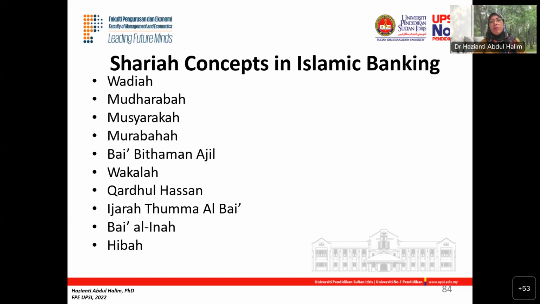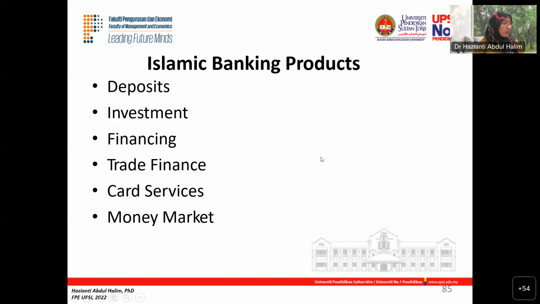So this is the main difference between Islamic banking and conventional banking, because these contracts, these concepts, are not in conventional banking. So we have wadiah, mudarabah, musyarakah, murabahah, tawarruq, ijarah, wakalah, qard hasan, bai' inah and also hibah. So those are the concepts in Islamic banking. I don't think we will look at it in detail, but this is just to